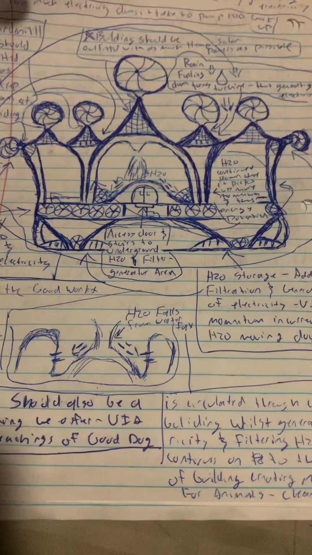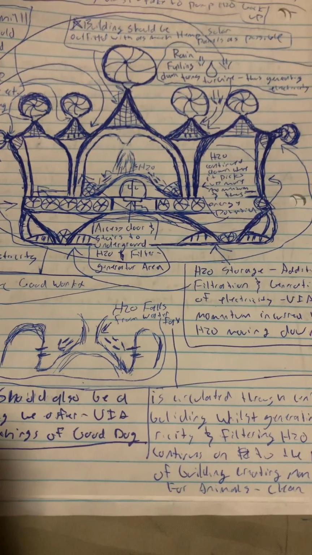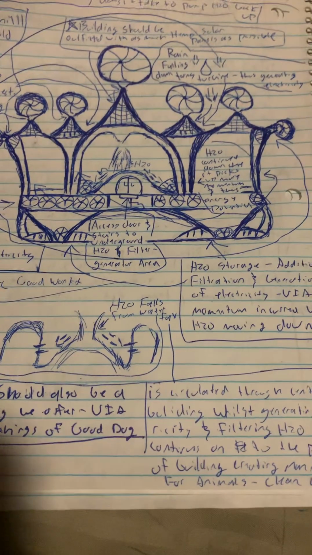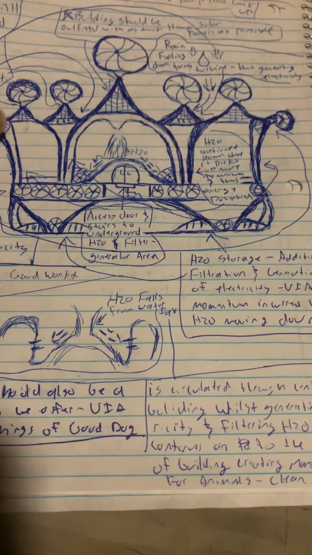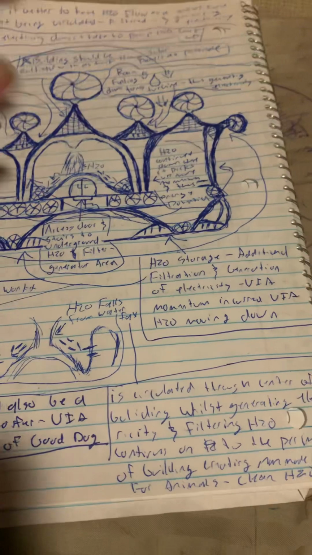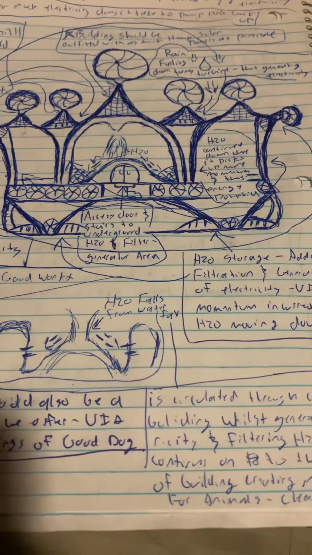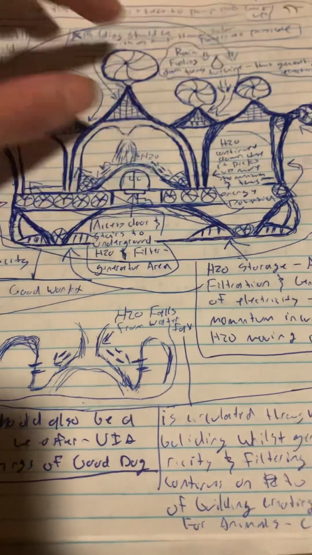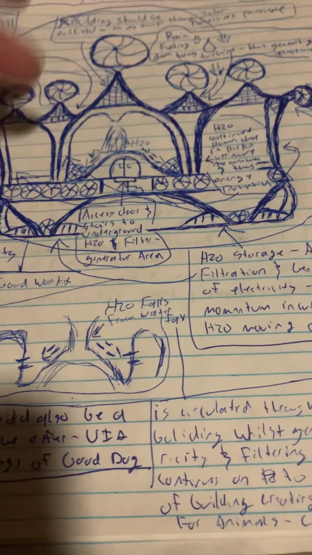So all these windmills will be able to pick up energy or generate electricity from the turning of their wheels, which turns a turbine, which generates electricity. It can be stored into batteries and used to run this building, as well as perhaps other things too. So you got your windmills up top, and then you got the sloping spires that will allow the water